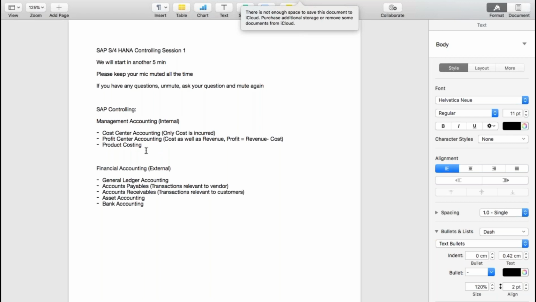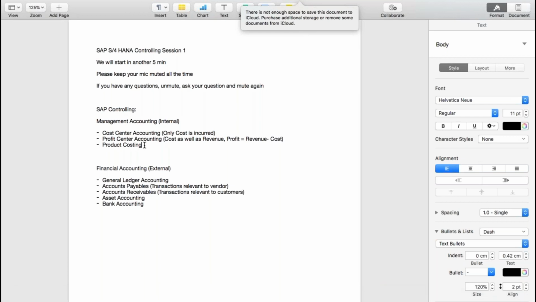In manufacturing companies, for each and every product that they are manufacturing, they need to cost that particular product. SAP provides a very good functionality of product costing in which you need to tell the system what components would be required in order to manufacture this product and what activities you need to carry out, and based on that the system will automatically calculate the cost of the product.